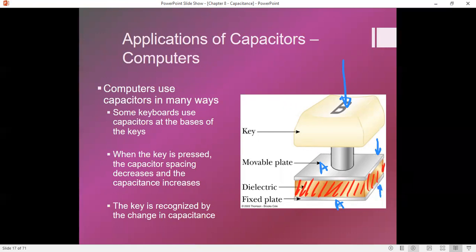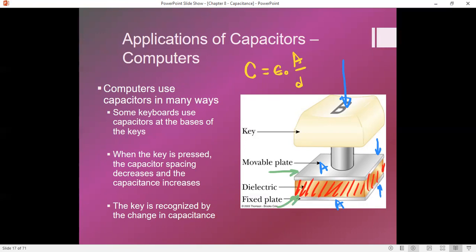And if you recall, for a parallel plate, which is what these little button capacitors are, the capacitance is equal to epsilon 0 A over D. So when I depress the key, what I'm in actuality doing is I'm increasing the capacitance of this capacitor, and I'm transferring more charge to these plates. And as the plate charges, the computer notices that current is flowing into that particular key. So whatever key has charge flowing into it, the computer says, aha, he's pressing key B,